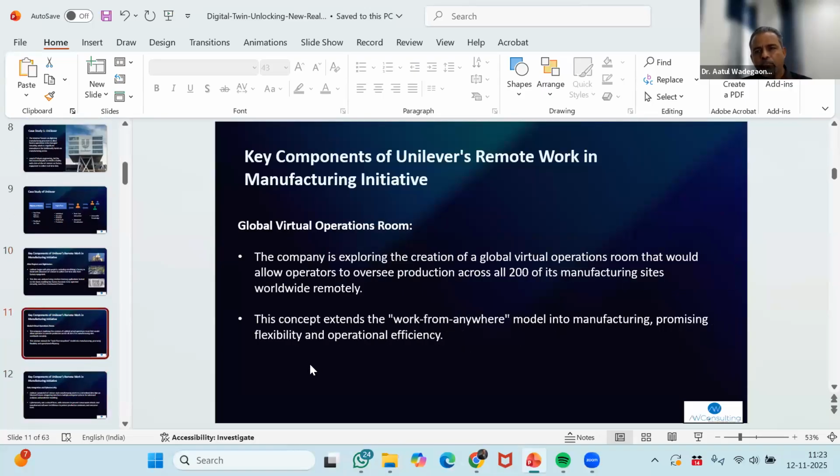At the same time, they were planning to create a virtual global room so that almost all 200 factories can be controlled and visualized from one place. That was the focus of the